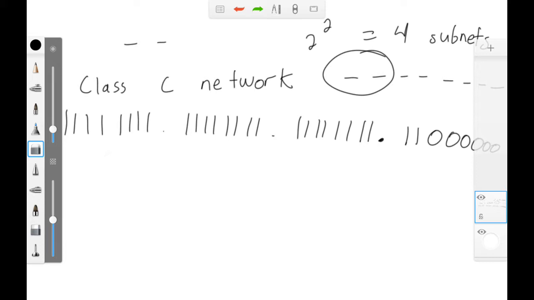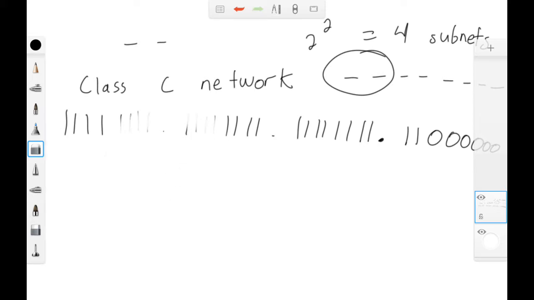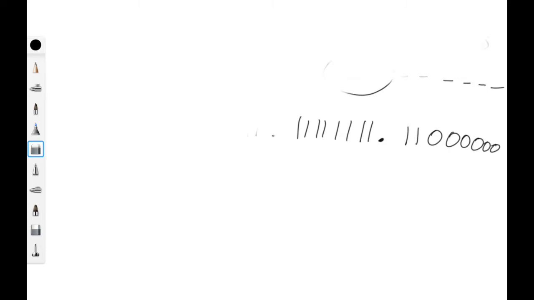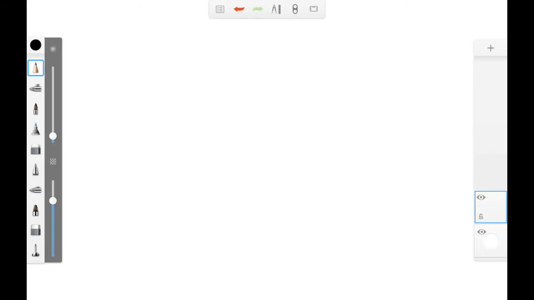So now I'm going to list the different address ranges for each subnet. And I'm going to rewrite the IP address that we started with. So we know now that we have to have 4 subnets in order to support 60 hosts per subnet. So we have 4 subnets and IP address